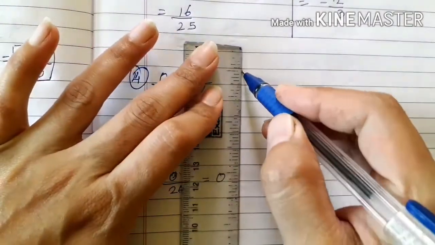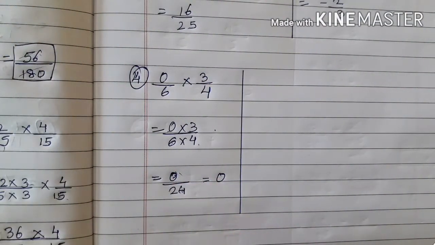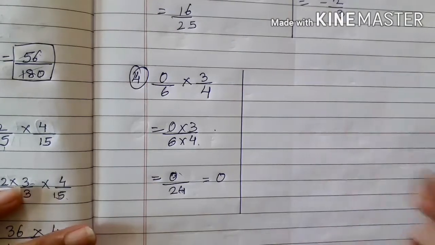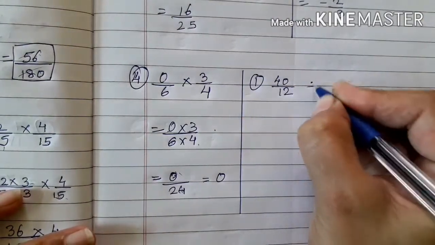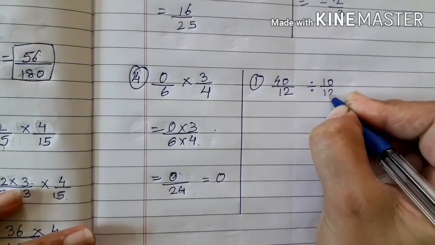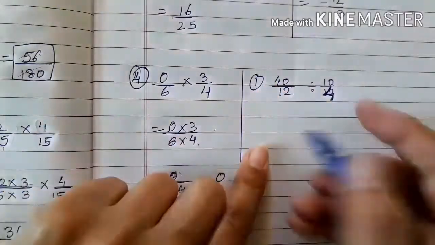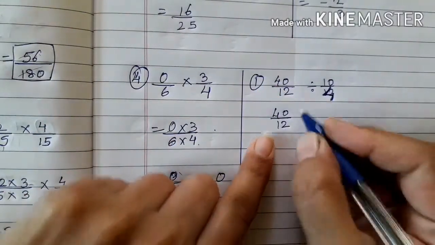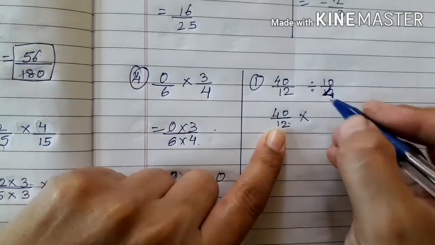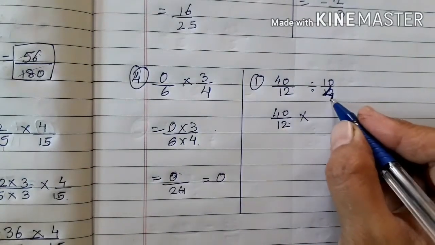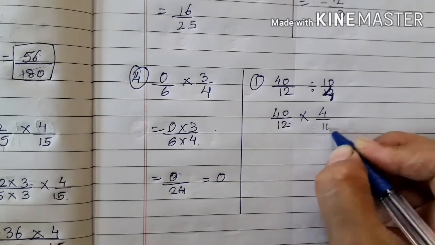I'll start with the division method, children. Division is same as multiplication. Only one step that you all have to do is reciprocate the second fraction. Okay, so I'll show you how 40 upon 12 divided by 10 upon 4. Sorry, this is 4. So this fraction will remain as it is, children. You don't have to change this fraction. Add a multiplication sign and reciprocate. Reciprocate means denominator will change to numerator and numerator will change to denominator. That is 4 upon 10.